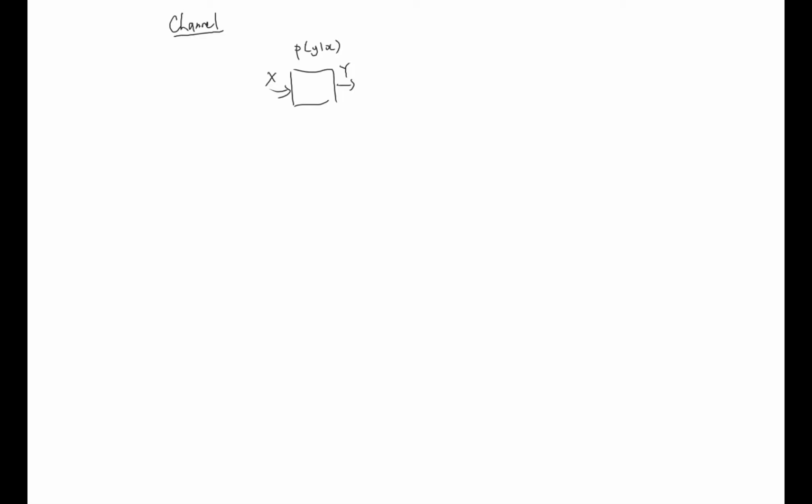If you're transmitting at a rate above the capacity, then there's no way you can find a scheme that will allow lossless transmission. For short, we just use C to denote capacity, the channel capacity.